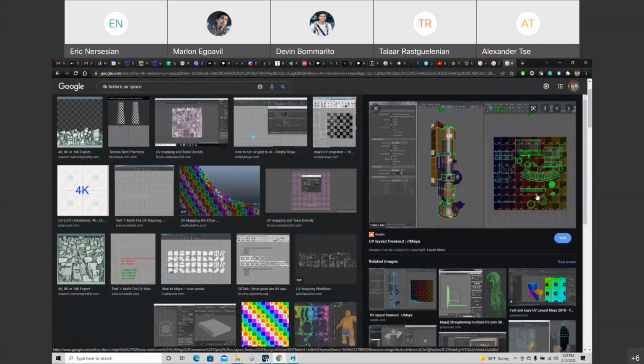Here you go. Here's a one-to-one. Here's this type of machine, sci-fi RPG or whatever it is, and here's the UVs laid out. And then this is a type of sample testing texture to let you see how the UVs are being laid out on the 3D model.